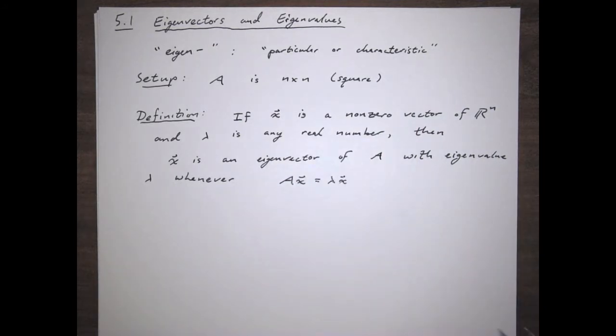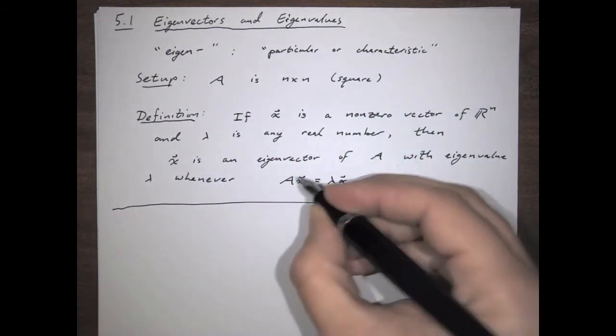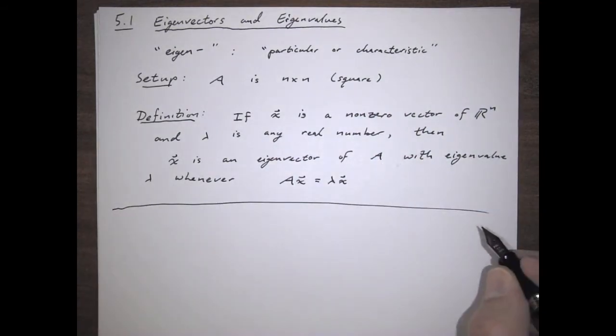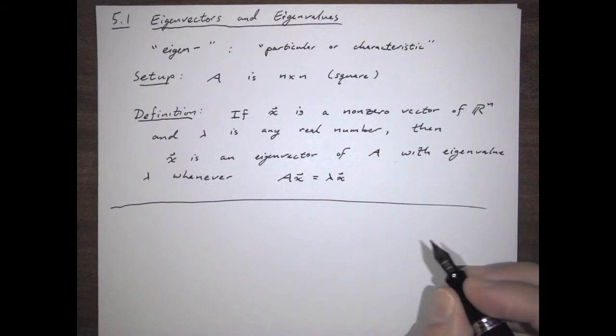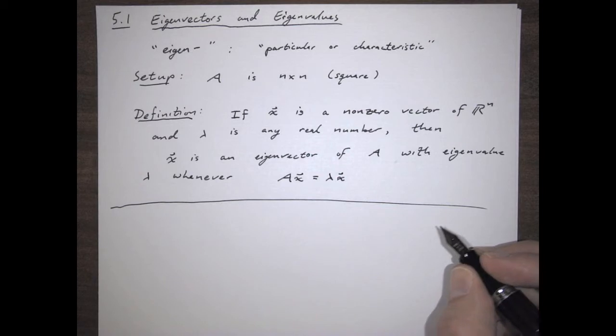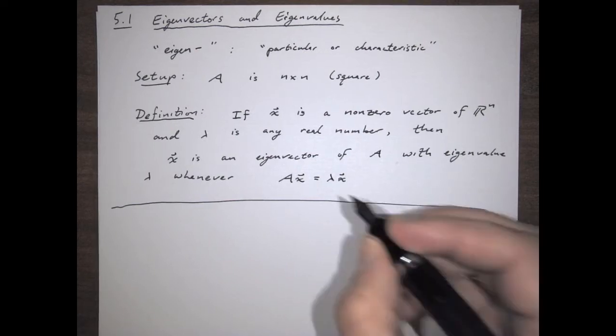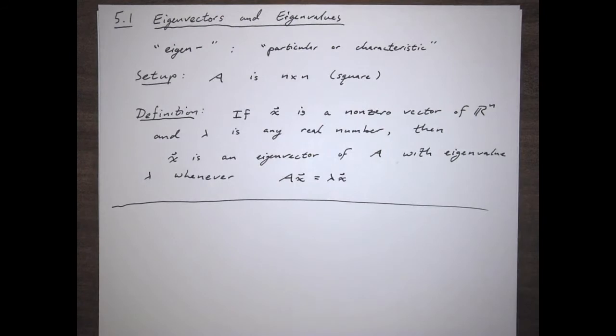All right, so let's think about this. So this is the definition. Ax equals lambda x. So A is a matrix. Lambda, however, is not. It's just a number. So what this is saying is we're looking to find a particular vector such that multiplying it by A is the same as just scaling it by lambda. So what this means geometrically,